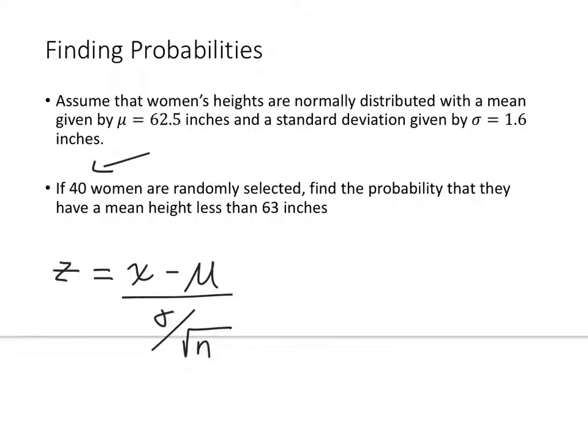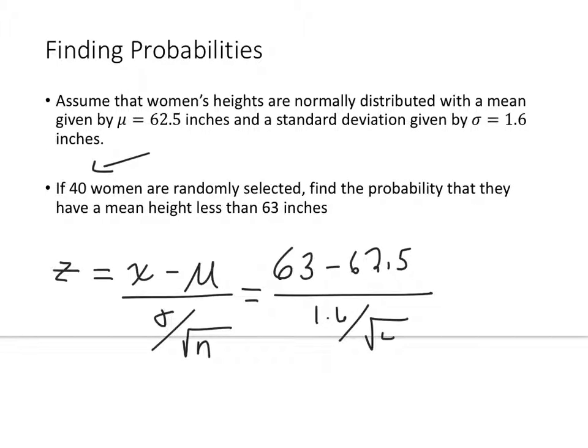So you still put all this in your calculator, 63 minus 62.5 over 1.6 over the square root of 40. And be careful that you're putting parentheses around this stuff in your calculator, and you should get